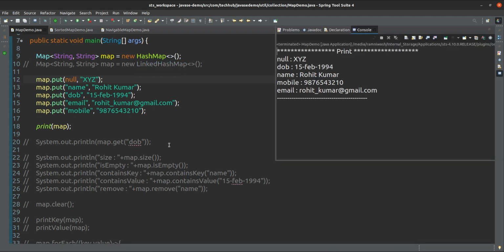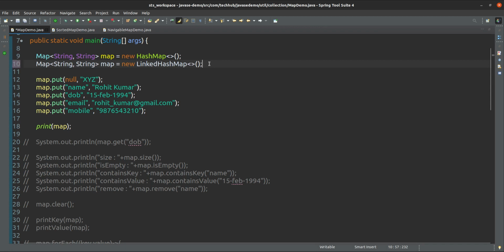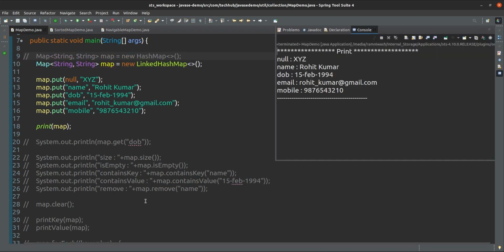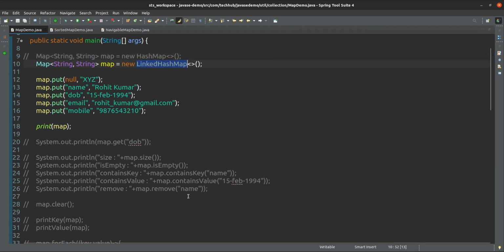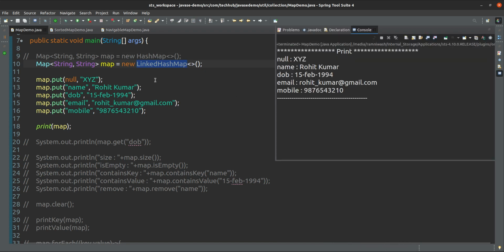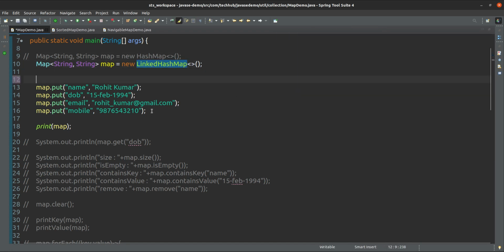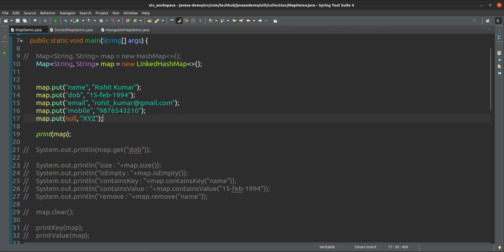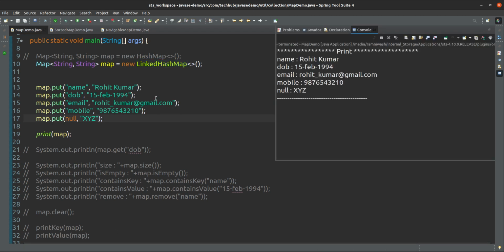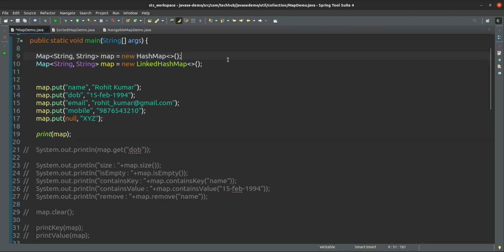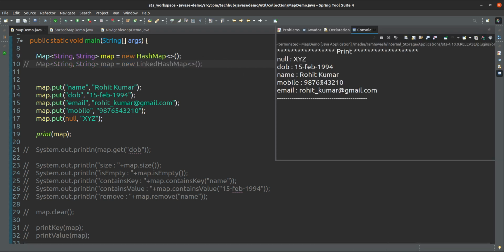So one null key is allowed, and in HashMap also one null key is allowed. That is similar only. But LinkedHashMap will maintain the insertion order. However you added, null was added first, so it is coming first. If you add it last, it will come last. But if you use HashMap, the insertion order will not remain the same. It will change over time.